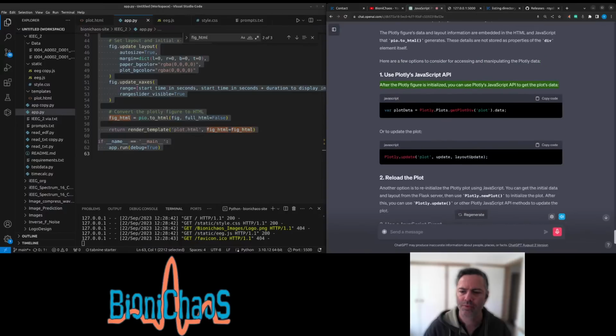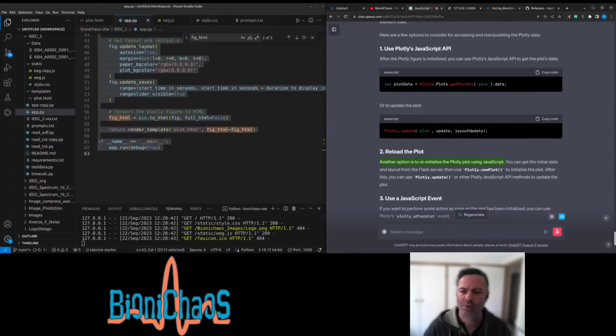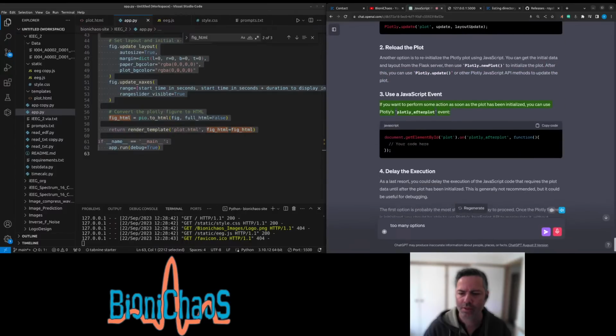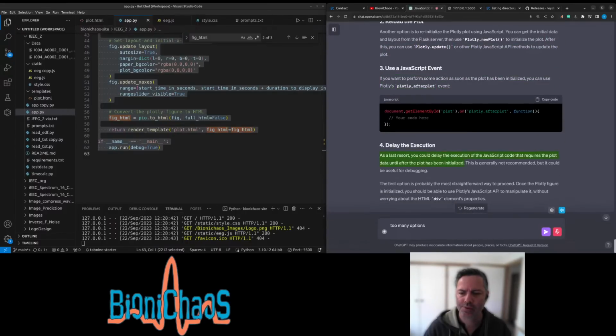After the Plotly figure is initialized, you can use Plotly's JavaScript API to get the plot's data, or to update the plot. Another option is to reinitialize the Plotly plot using JavaScript. You can get the initial data and layout from the Flask server, then use Plotly.newPlot to initialize the plot. After this, you can use Plotly.update or other Plotly JavaScript API methods to update the plot. If you want to perform some action as soon as the plot has been initialized, you can use Plotly's plotly_afterplot event. As a last resort, you could delay the execution of the JavaScript code that...